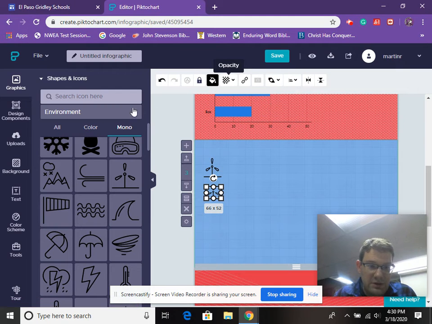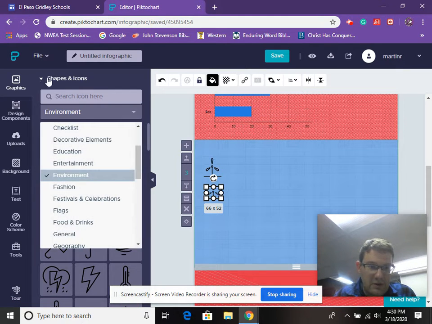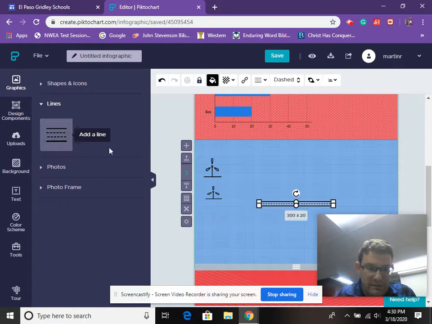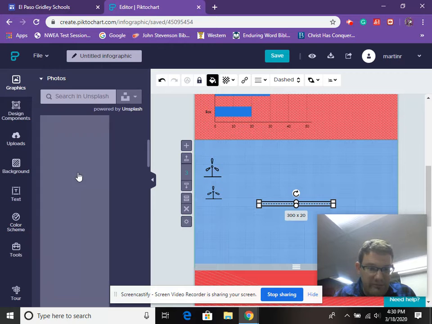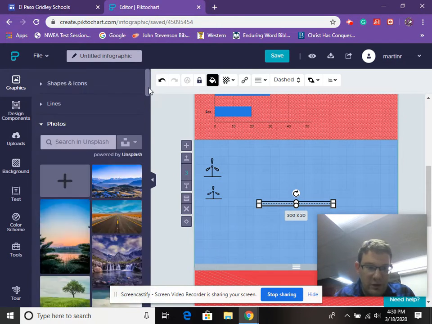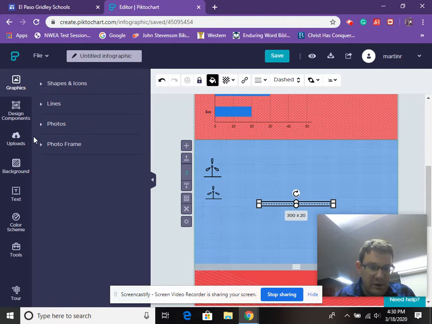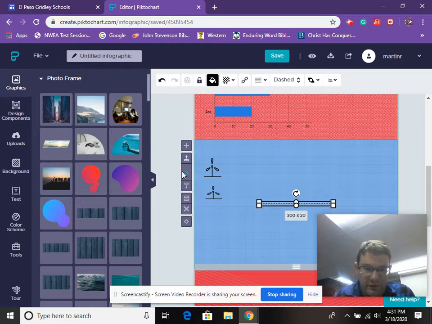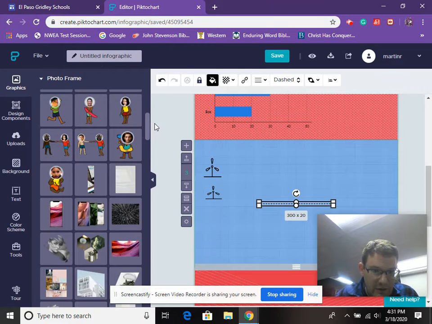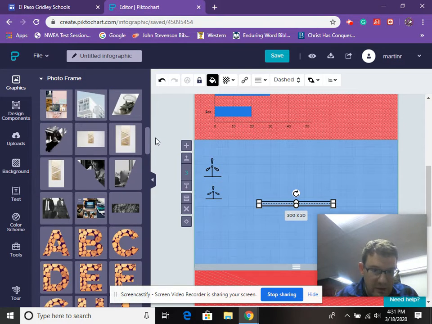Let's just take a look at some of the other things that are under the graphics, different types of lines here. Of course, it's got a bunch of built-in photos, but if you want something specific to your topic, you'll probably have to upload something, and you would hit upload to do that. Something also that's kind of cool is the photo frame. And so I'll show you how this works. You pick something that seems applicable or stylish, or kind of adds to your